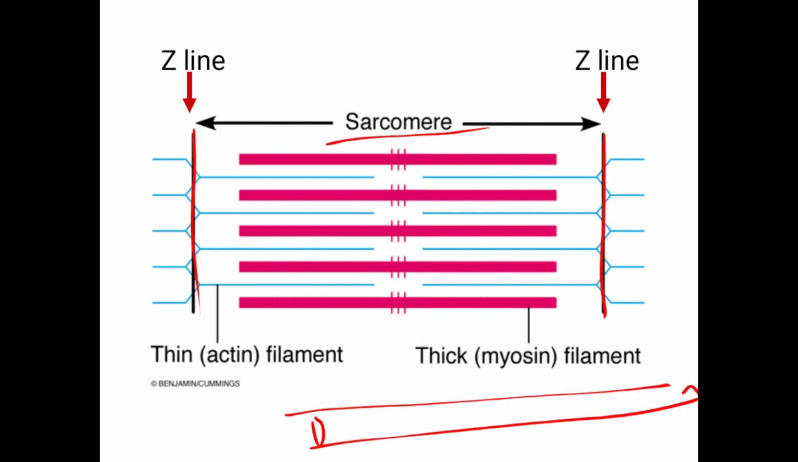Alternating, one thick band and one thin band. Thick band, then thin band. Like this it is arranged. So thick filaments and thin filaments. If you enlarge this,